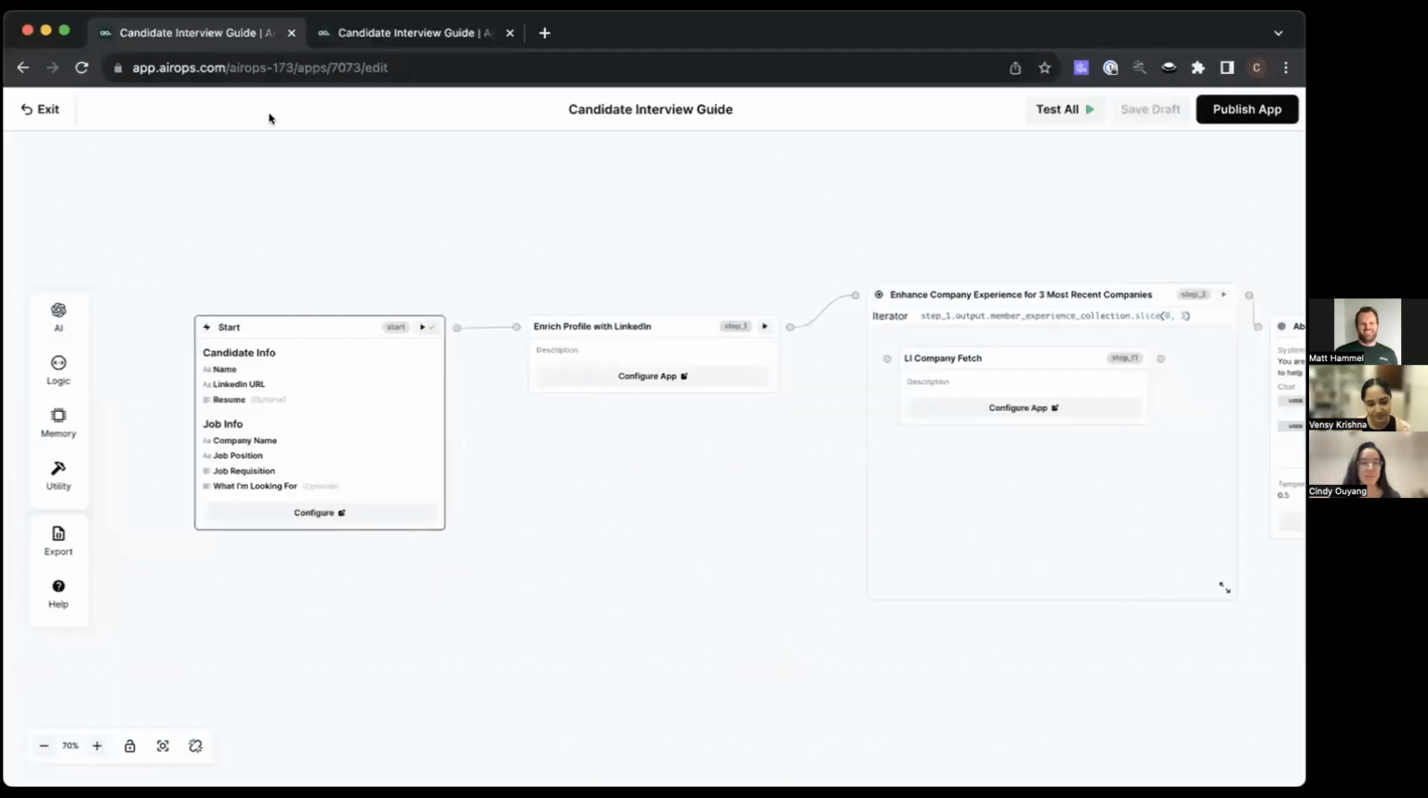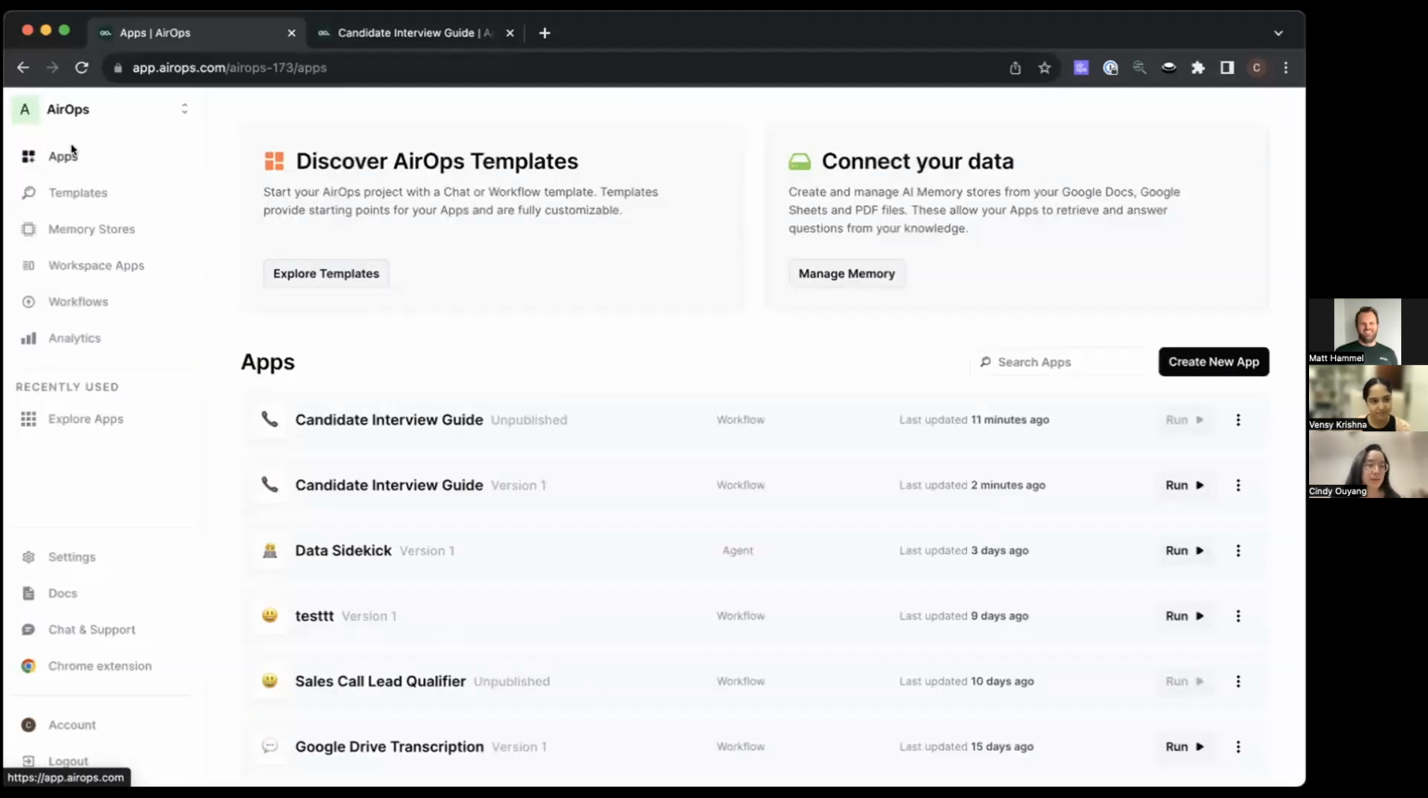A candidate interview guide today. And I've built out a template for you all to follow along here. This is AirOps. If you haven't used AirOps before, you can go over to the templates on the left-hand side